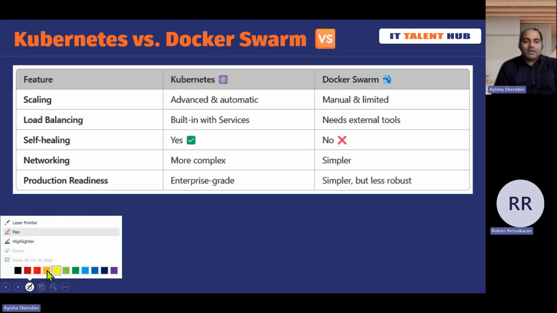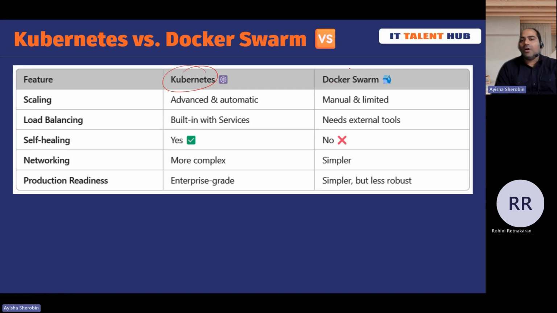So what is the difference between Kubernetes and Docker Swarm? In Docker, we also have a platform called Docker Swarm, which can be used to orchestrate. This is also an orchestration platform only, but it has a manual process, limited, and needs external tools, and self-healing is not there, and it's used for simpler, basic kind of networking. And also production readiness, we can say it's not robust, or not more efficient in production workloads. So we generally go with Kubernetes in place of Docker Swarm,